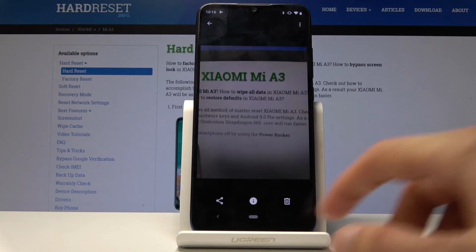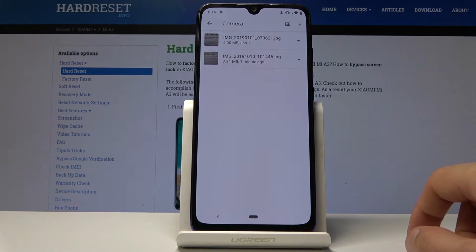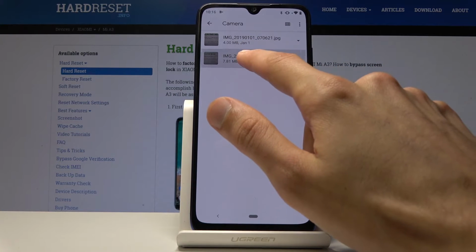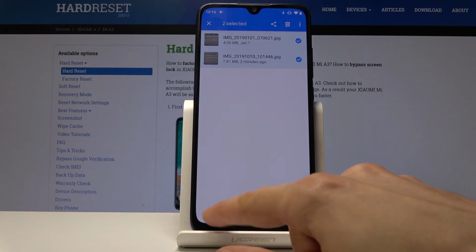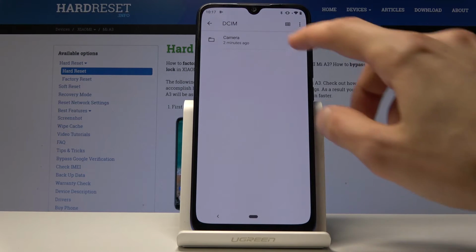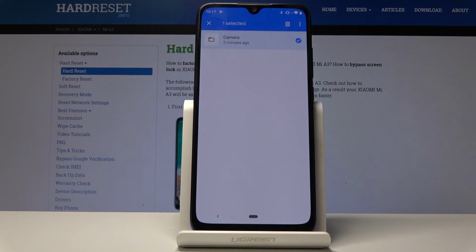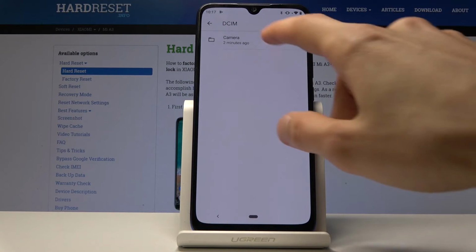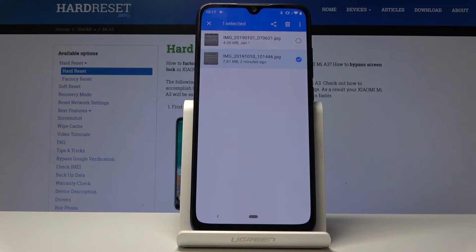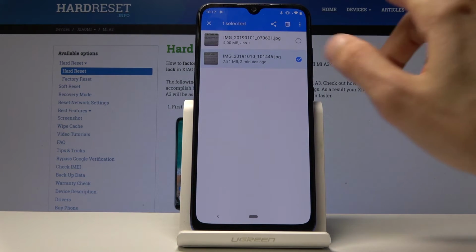I have just taken randomly just to have something to transfer. And if you want to move them, you can just hold them like this till they basically get selected, and you can add other ones by just tapping on them. Or you can select, for instance, entire folders like this if you want to move the entire folder instead of just a couple photos. But for this, I'm just gonna use a single image like that, and then tap on